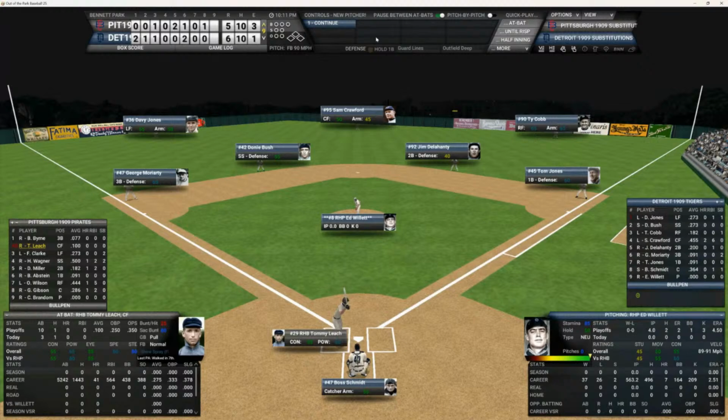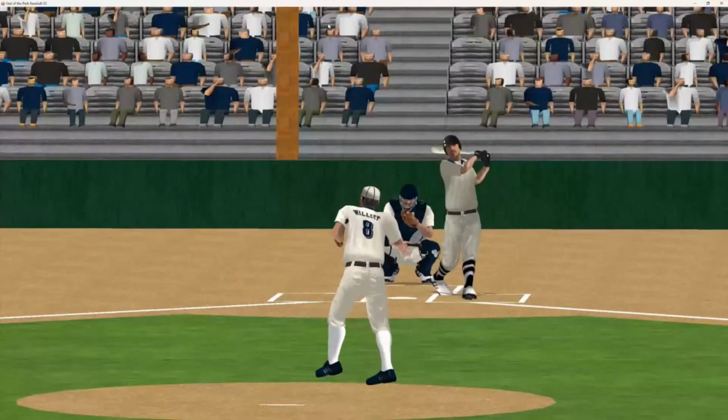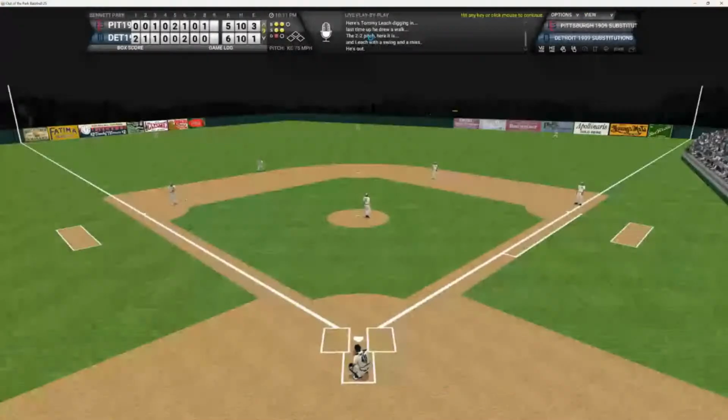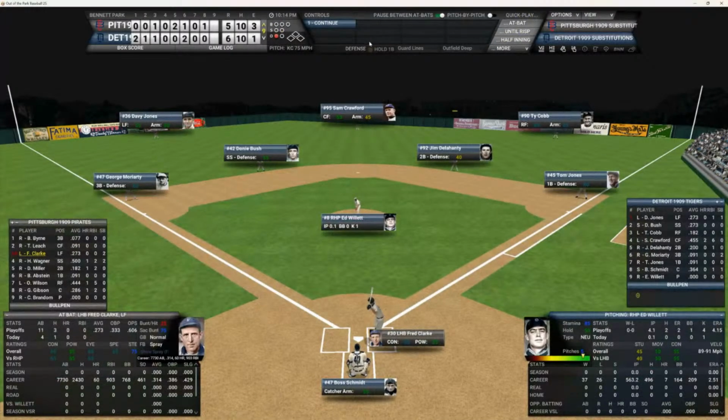They've got the 2, 3, 4 hitters due up here: Leach, Clark, and Wagner. And we've got Ed Wilt coming in. He's pitched 4 innings, given up 2 hits, with a 2.50 ERA in this series. And he swings and misses. That's out number 1. Pittsburgh now has Fred Clark at the plate. Clark's 1 for 4 today. As Ken Castro joins us here today.